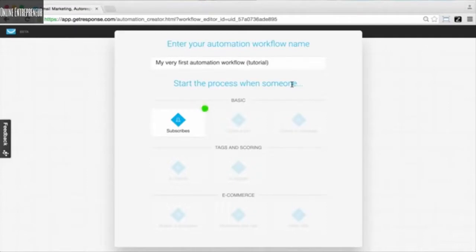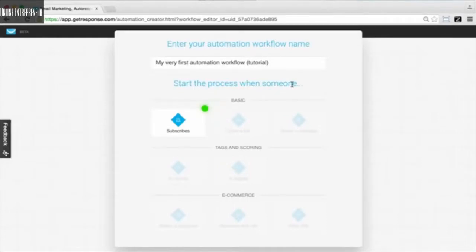elements you have available. But maybe if you don't want to go through that tutorial yourself, you could actually just have a look at this video and get an introduction to all of the different elements you have available, all of the different filters, actions, and conditions that you're going to use when creating